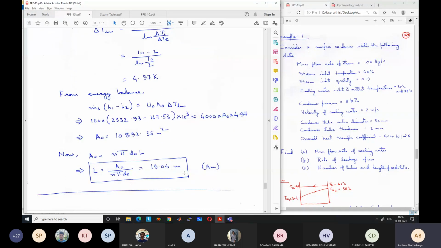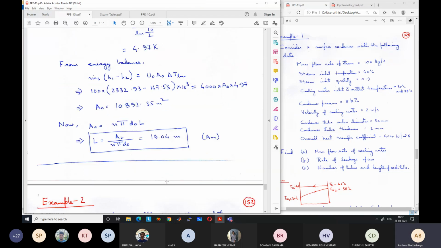I have given this problem so that you get a feel of the actual values which are involved. Sometimes when we just go through the theory, we are unable to appreciate or comprehend the scale of the systems which are involved, like how large the systems are. So these values give you some feel of the actual scale of the device. Otherwise, we don't appreciate how large the systems which are designed are. How large is a power plant? These are huge devices. Each of these devices, steam generator, turbine, is very large. There is a lot of effort to design and build.